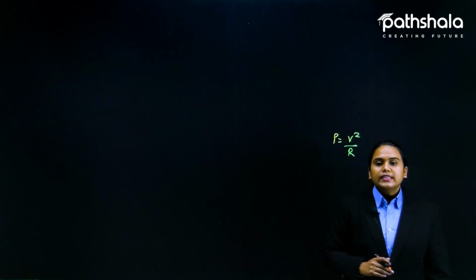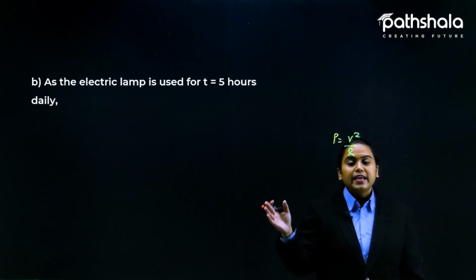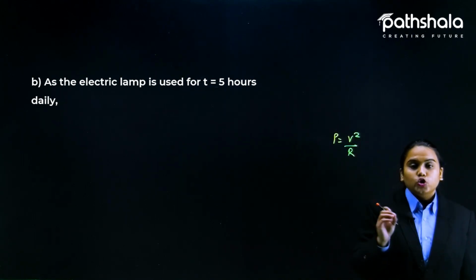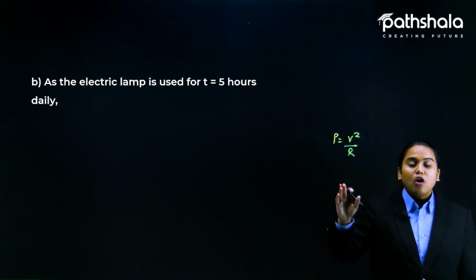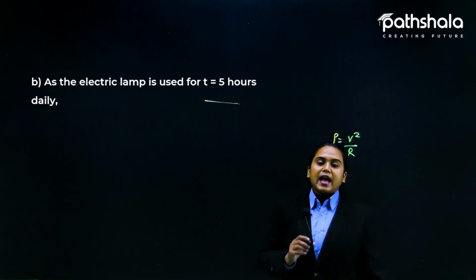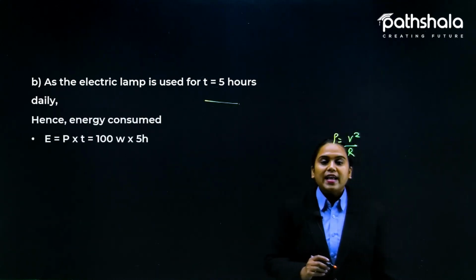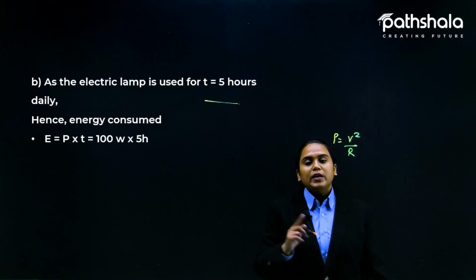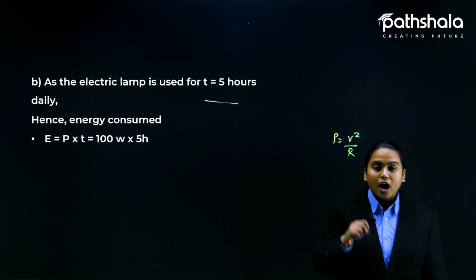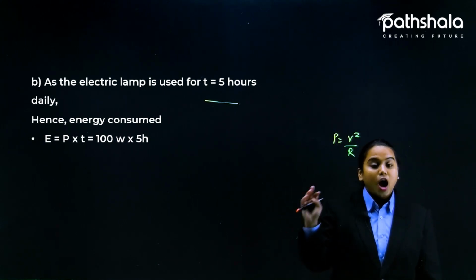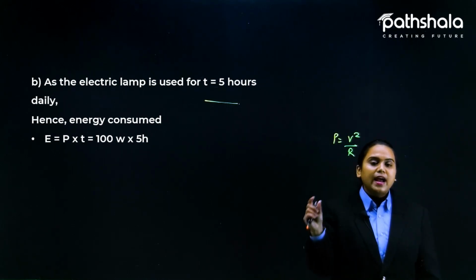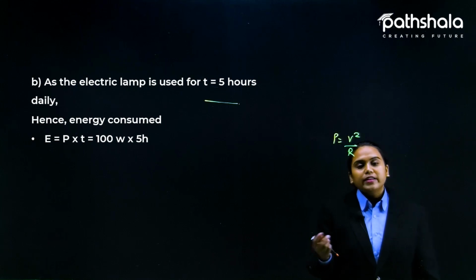Now for the second one. The second is to find the energy consumed in kilowatt hour per day. The lamp is being used for 5 hours a day. We have provided that in the question. So according to that, energy consumed will be E is equal to P multiplied by T. You need to observe the values that we have and how we can formulate our question accordingly. You have 4 such formulas and you can crisscross any value from here to here and find the answer.